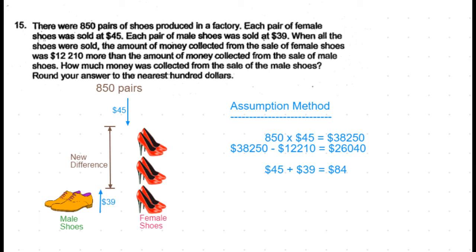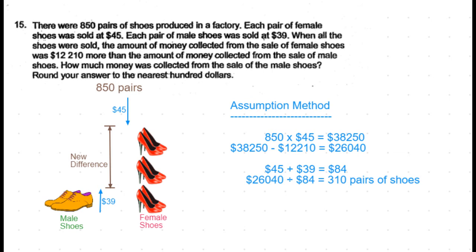So each time we replace one female shoe by one pair of male shoes, the total cost difference reduces by $84. But we know that we need to reduce the total difference from 38,250 to 12,210 because that's what is given in the question. So the difference that we have to bring down is $26,040. How many pairs of female shoes need to be replaced by male shoes? That's 26,040 divided by $84 is 310 pairs of shoes,